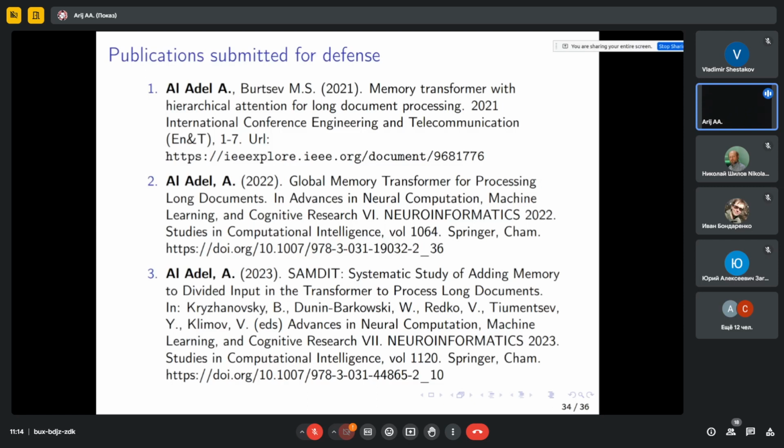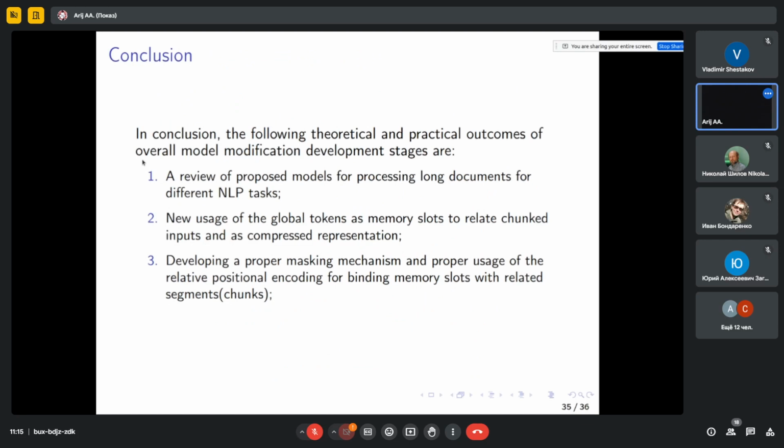task. And the third publication was dedicated for the final group of modifications, dedicated on the changing masking and relative positional encoding used in the proposed model, and application on summarization task. In the conclusion, the following theoretical and practical outcomes of overall model modifications development stages are a review of proposed models